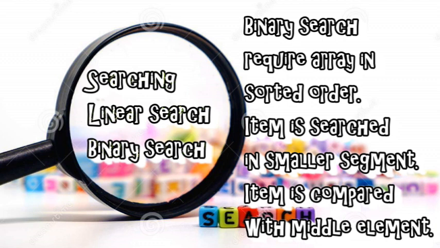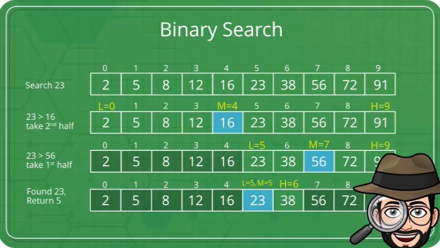Now whenever I want to search any item in binary search, the array is divided at the mid value, meaning some values will be at the back of the array and some at the front. The middle value is checked first, and after that the remaining parts. For that we are going to take some variables: the beginning, the last, and so on. Let us understand this with the help of an example on screen showing how a binary search actually works. Here you can see I want to search for the item 23.